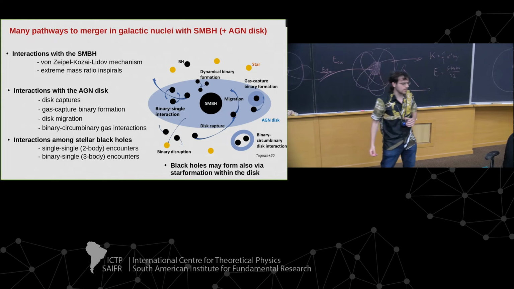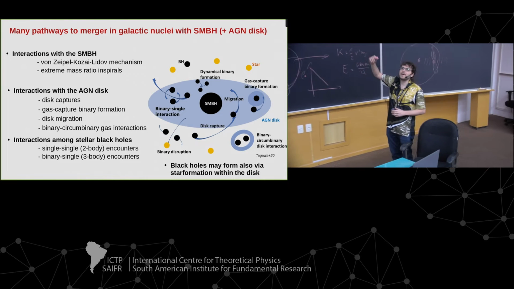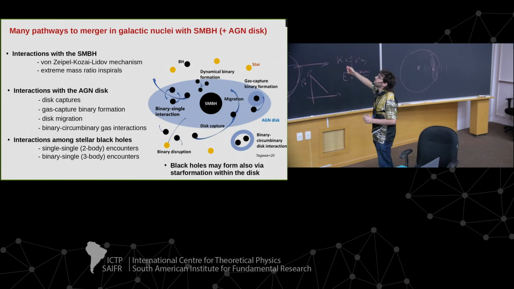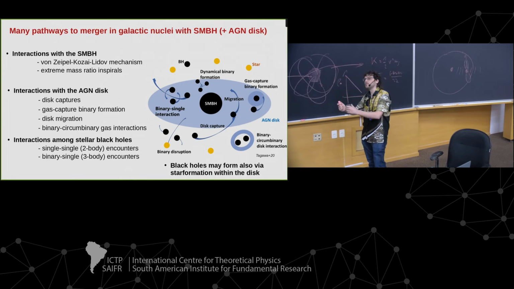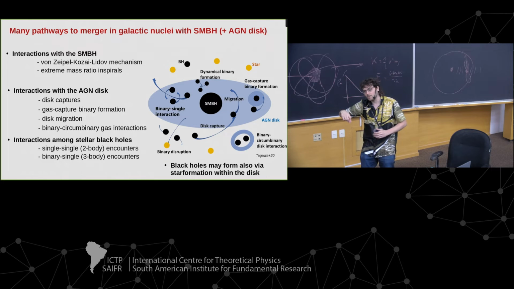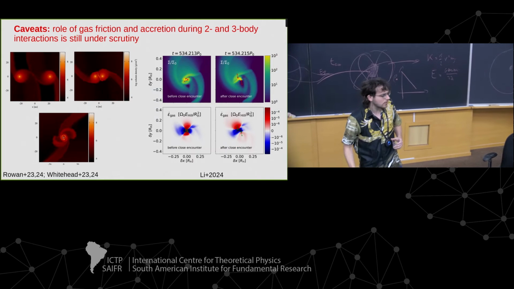You have a lot of physics going on in the presence of a supermassive black hole. If your binary is inclined, the supermassive black hole will cause oscillations in the orbital elements of the binary. These are called Kozai-Lidov oscillations. Then you have the gas that can make two unbound black holes that meet become bound, but can also make them merge immediately. And it depends which side the two black holes are rotating: the binary can be co-rotating with respect to the disk, or retrograde with respect to it. So there is a lot of complex physics, and a lot to be done.